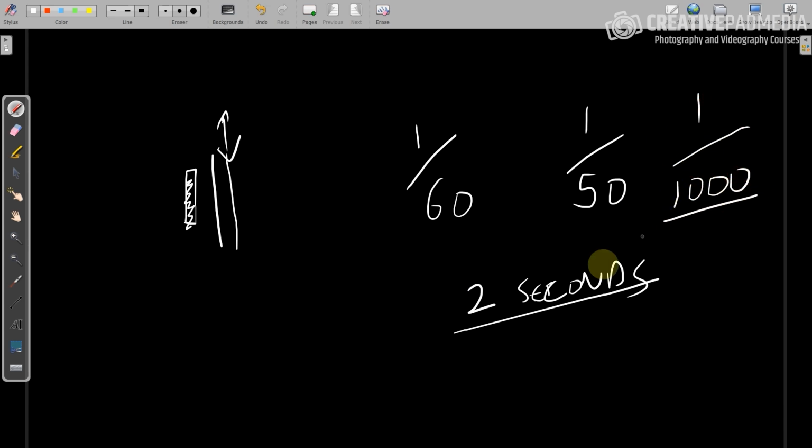Because it closes very fast, or closes very slow. 2 seconds is still a long time. Now the question is, okay, how does it impact our shot? So we're going to do an exercise for that so you'll exactly see, but just to tell you, a faster shutter speed will freeze any motion. That's because the shutter quickly opens and closes, so it doesn't really allow too much light to